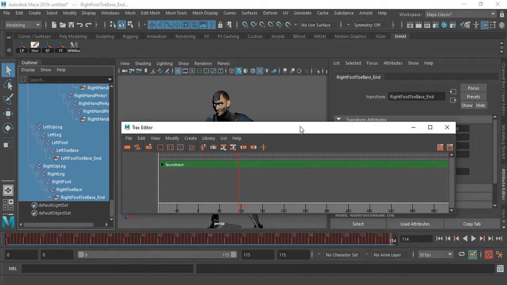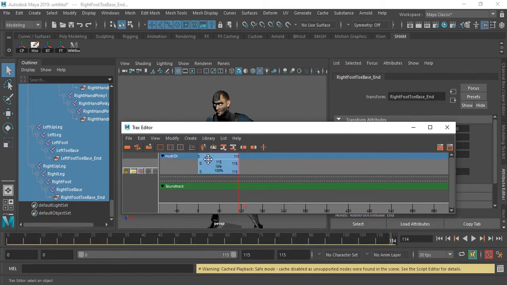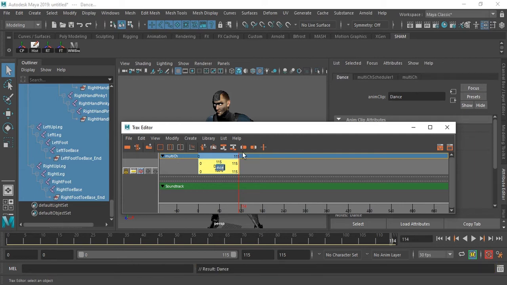Once the Tracks Editor opens, go to Create and click on this animation clip, and you can name the animation clip here. So this is a dancing clip, so I name it as dance.